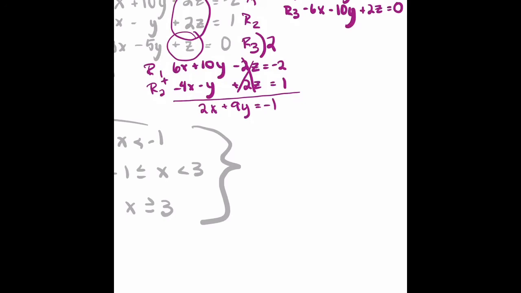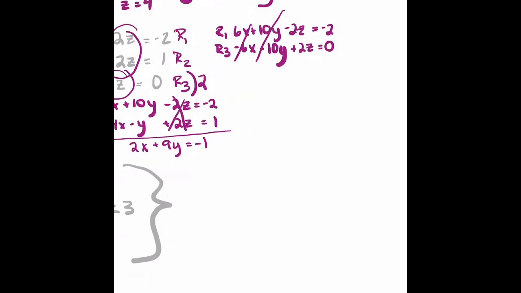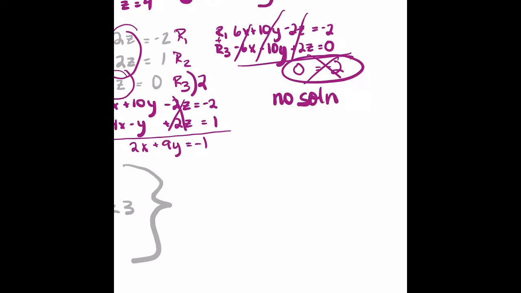So when I do this, I see these all canceled, but I have to add these together. So I'm left with a 0 on this side and -2. This is a false statement. That tells me there's no solution. When you get to this point where you get a false statement, that's your cue to just